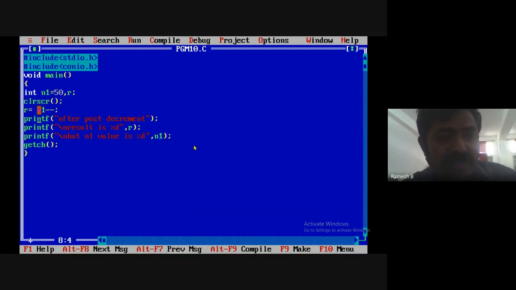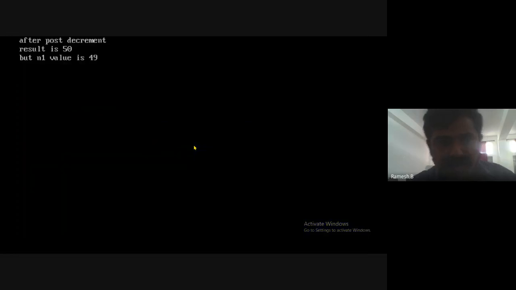In this expression, 50 value is assigned first to R, so R becomes 50. After assigning, N1 is decremented. N1 becomes 49. If you print it, we'll be getting N1 is 49.